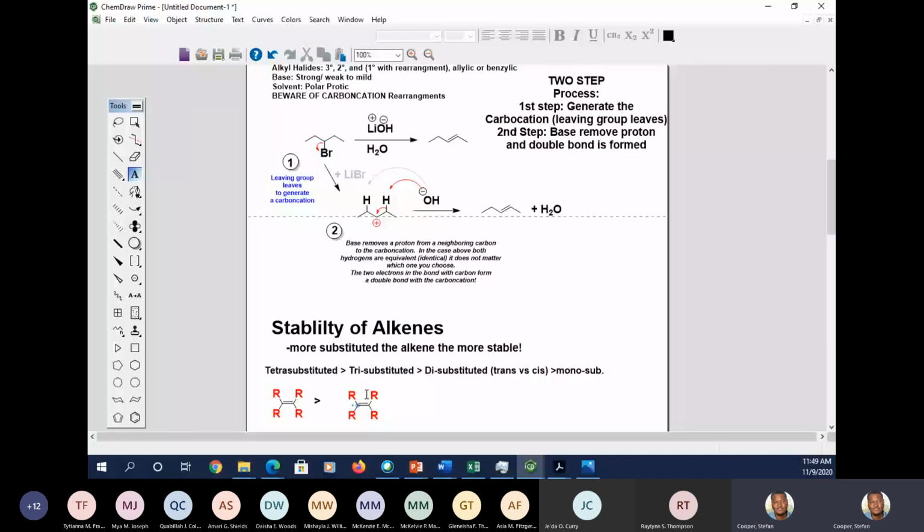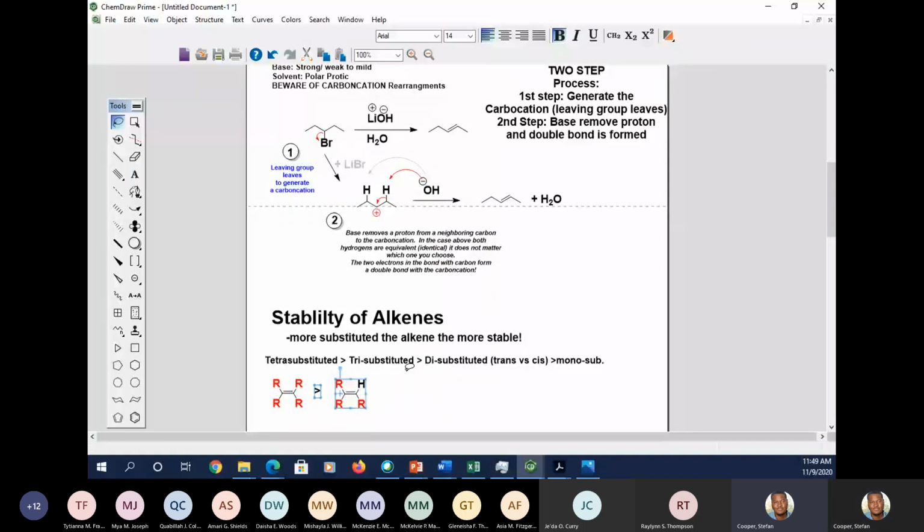All right, there's going to be an H here. This one is going to be known as a tri-substituted. I could do the same thing with a